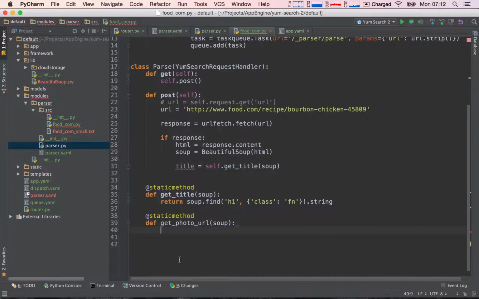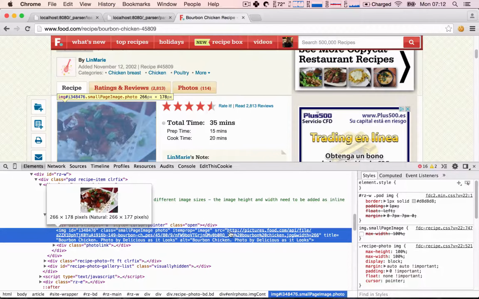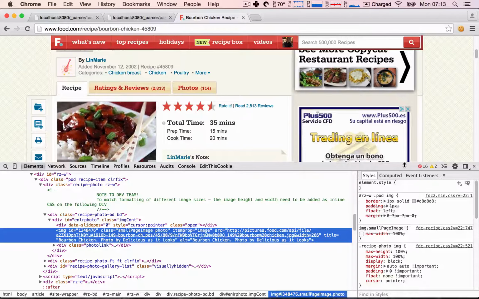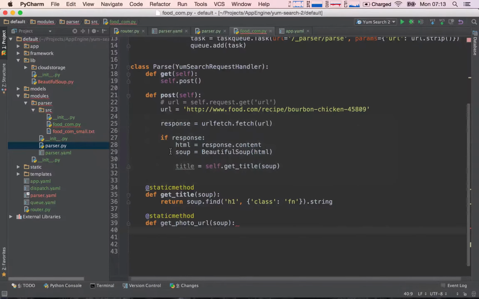And we will want to return the source of this tag. So let's see how we do this. The first thing we need to account for here is that maybe not all recipes have an image. So first we need to test whether or not it in fact has an image. So I'm going to say has_image is equal to